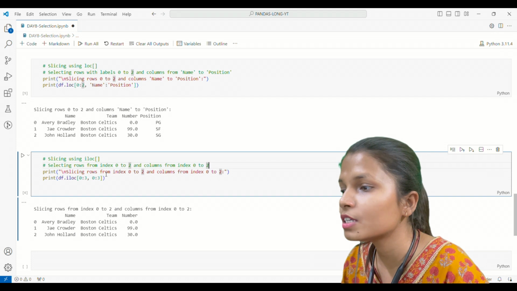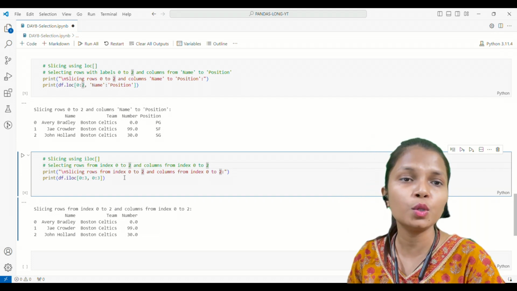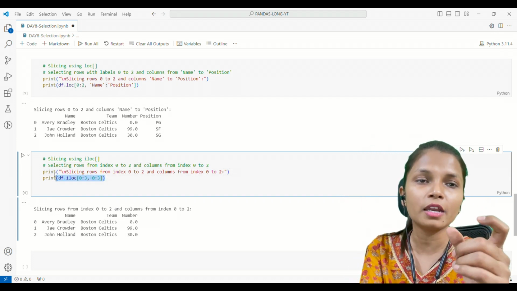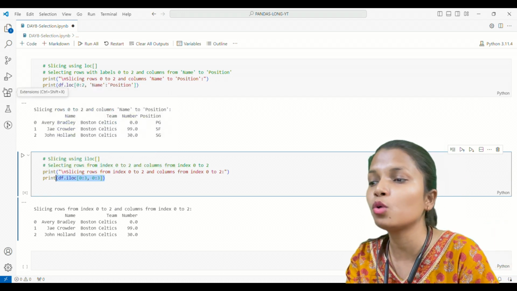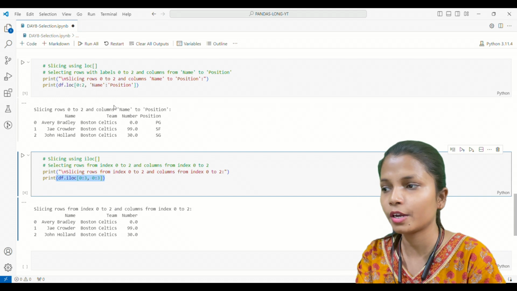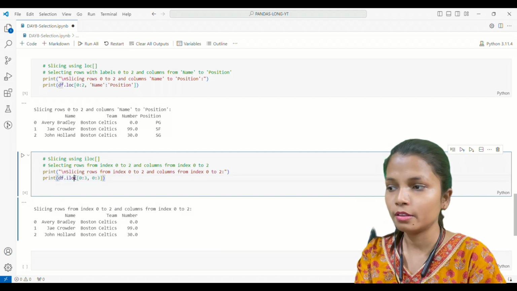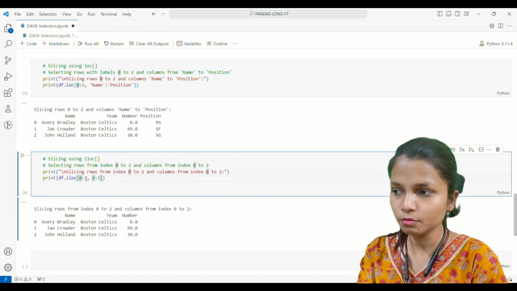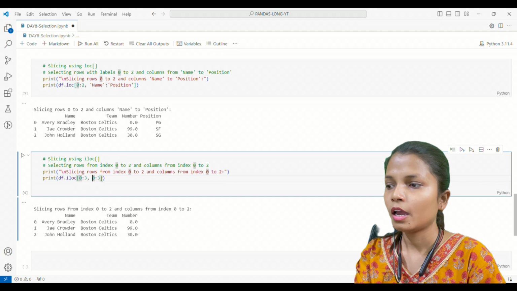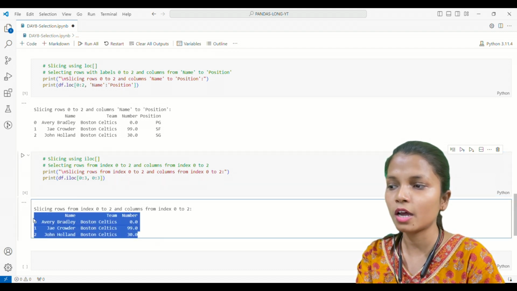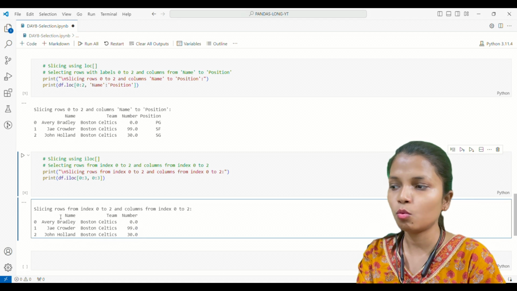When we work with numerical values within the index concept, if you want up to 2 as output, you have to write 3. Just like over here, I have written data.iloc brackets 0 colon 3, which means I want up to 2. The same I have done for the columns as well. And here we got the output: name, team, number, with rows 0, 1, 2.